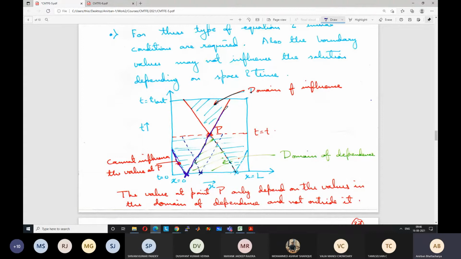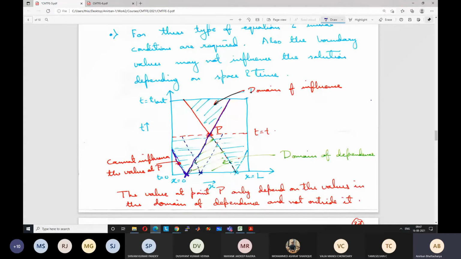This is the domain of influence for this perturbation. In this direction, obviously it reaches the boundary here. There is no meaning beyond the boundary. So all the points at the boundary also get influenced after this time. Actually, there is a single point at the boundary because it's a 1D problem. The boundary point gets influenced after this time. It does not get influenced before this time.